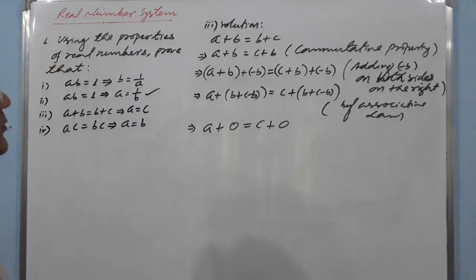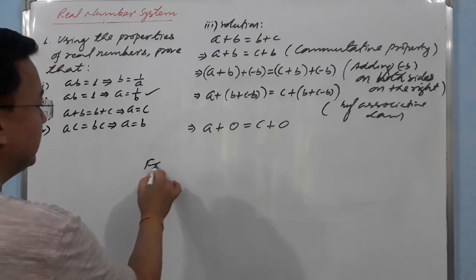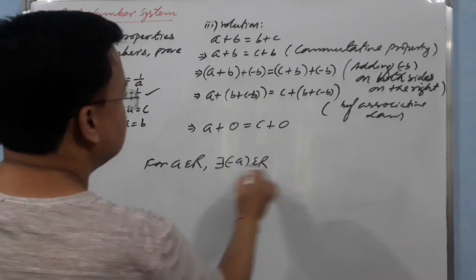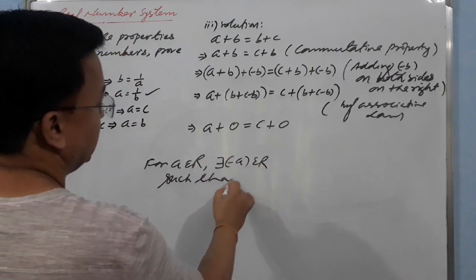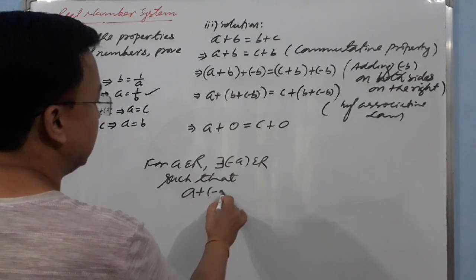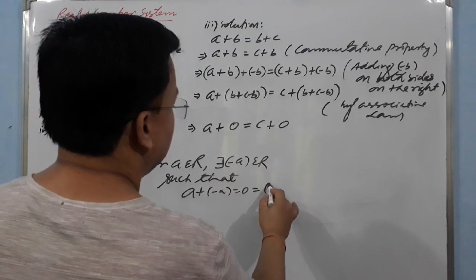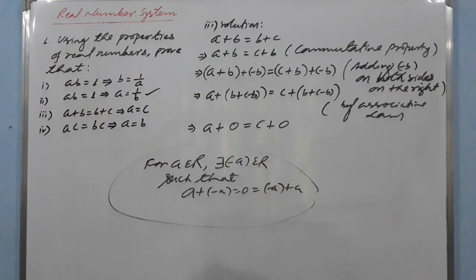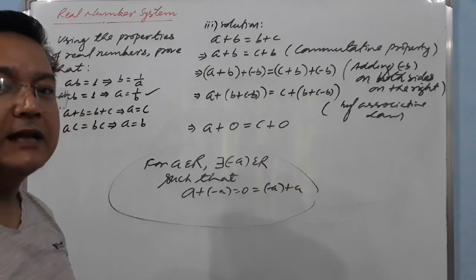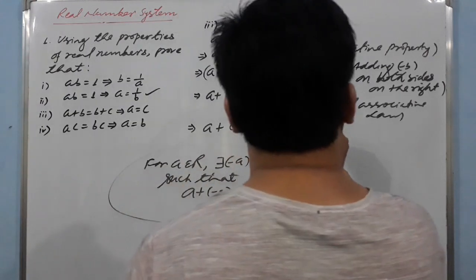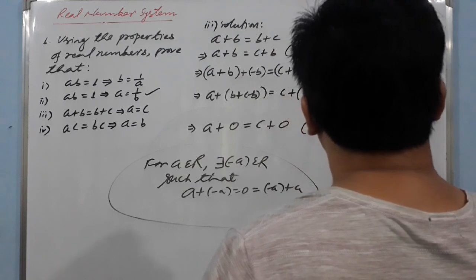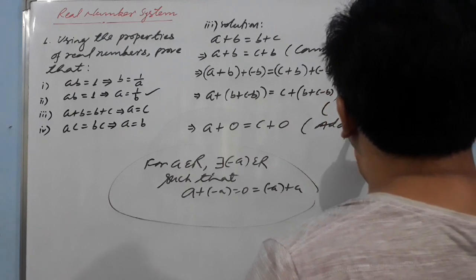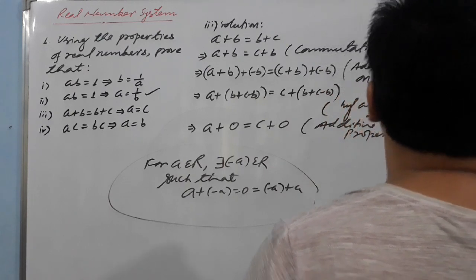So again, we have used another property. Let me explain here. For a belongs to R, there exists negative a belongs to R such that a plus negative a is equal to 0, which is equal to negative a plus a. This property is called your additive inverse. Your negative a is called your additive inverse, right? So using additive inverse property,